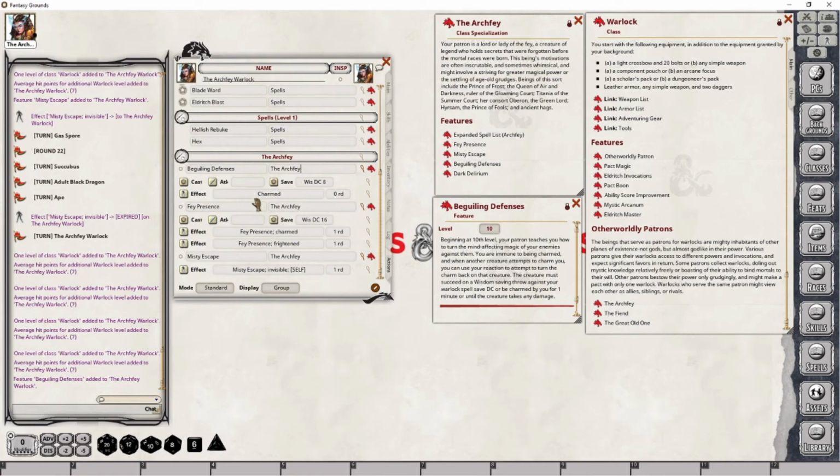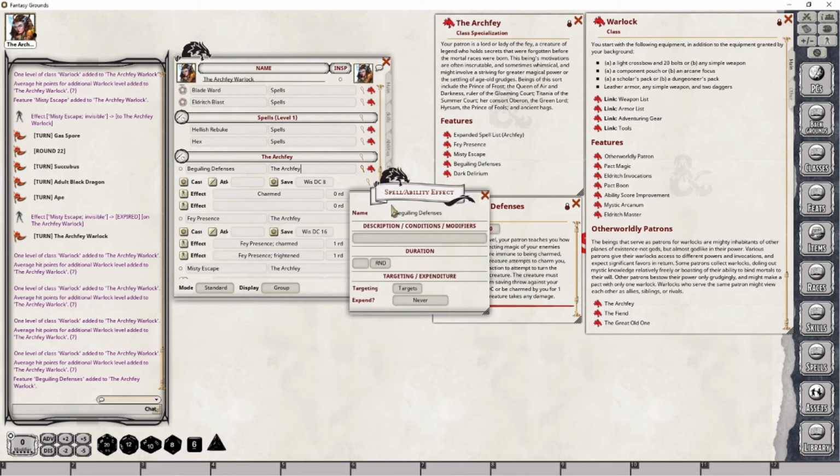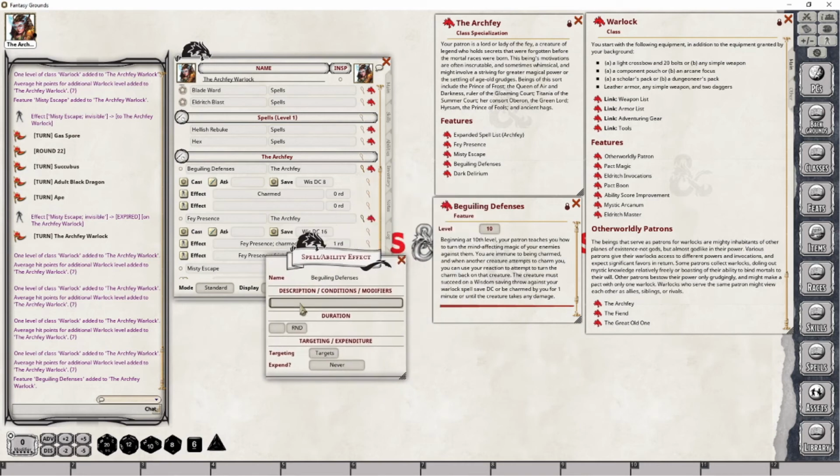And what you can actually do here is create... It has an effect called Charmed here, which is not unexpected. That is because if you successfully turn the charm back at the caster, they're going to be charmed. But what about yourself? Well, if you're immune to charm, we should probably have something that indicates that. And this is really going to do nothing more than tell the DM not to cast the charm effect against you. So, Beguiling Defenses is what we'll call this.